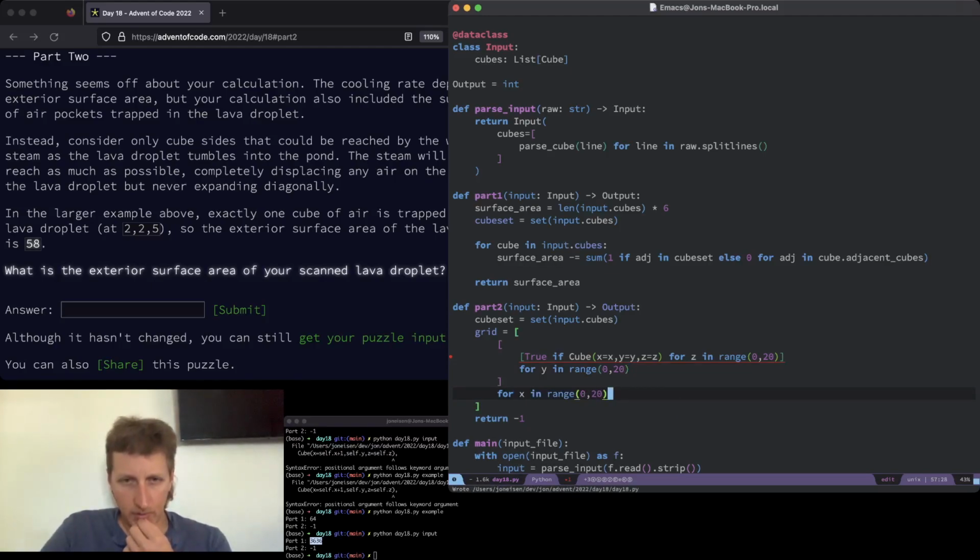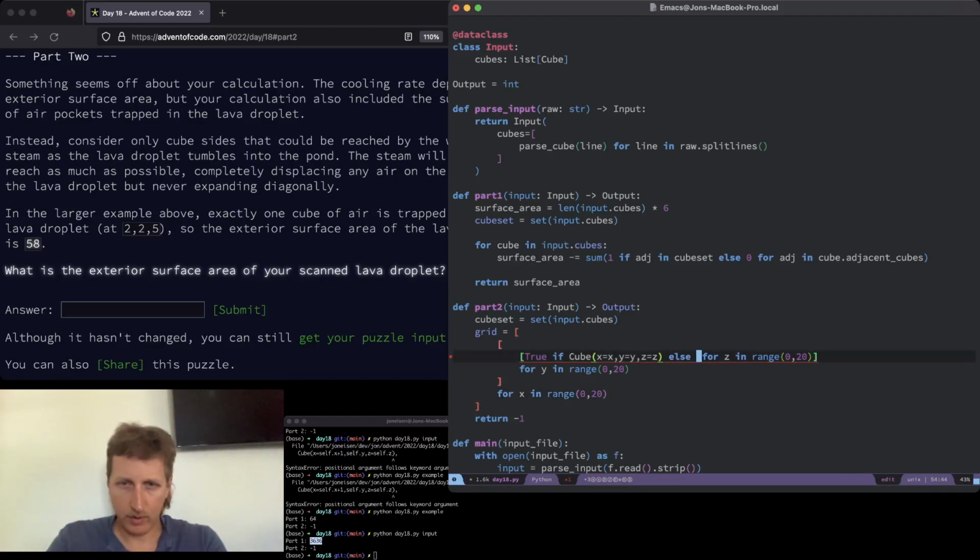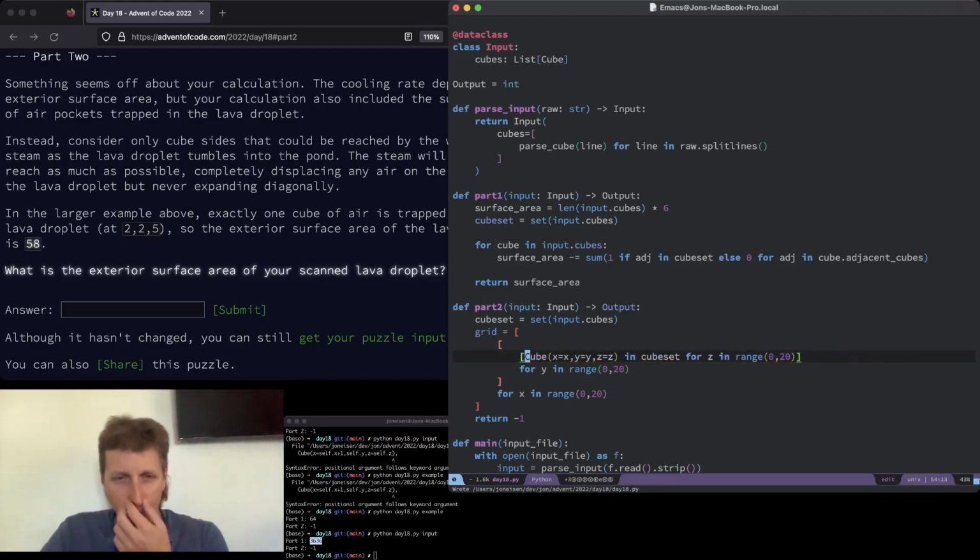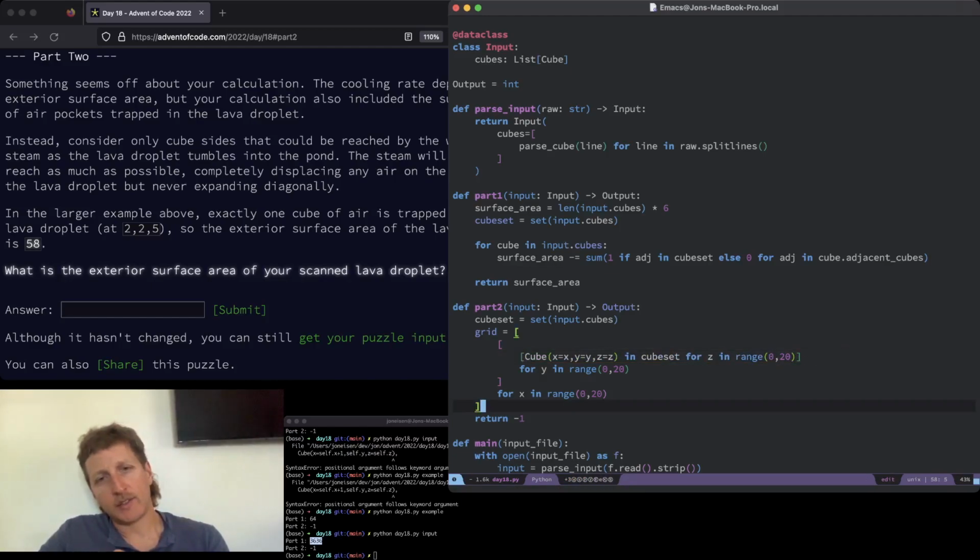Okay. All right, so now we have a grid of cubes, and so we need to